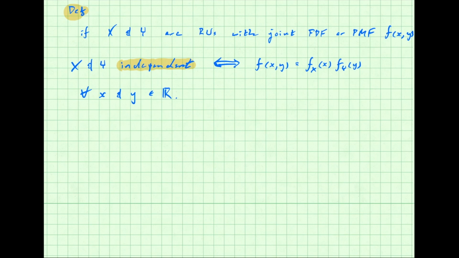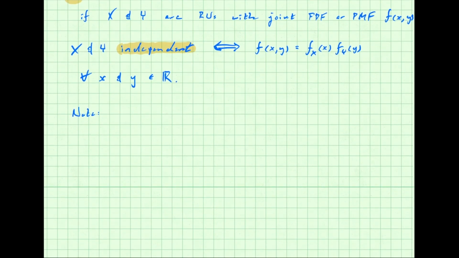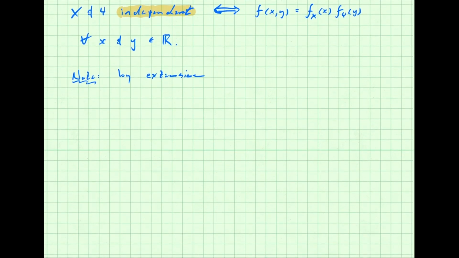All right, and I'll just make a note, two little comments here. So by extension, if you can say something about whether or not two random variables are independent, you can certainly say something about whether or not many are. So if you have a series of random variables, X1, X2, and so on, up to Xn, if all these things are independent,